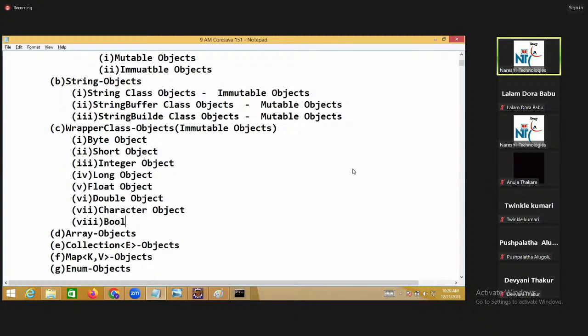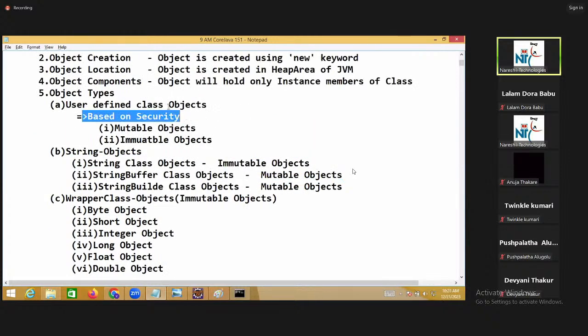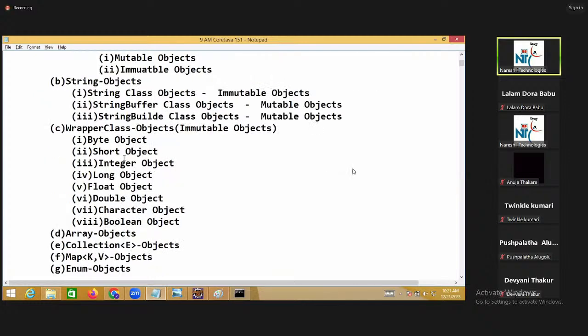So there are 8 objects from your wrapper classes, 3 objects from string, and 1 object from user defined. They are known as object types. All of it clear up to here?